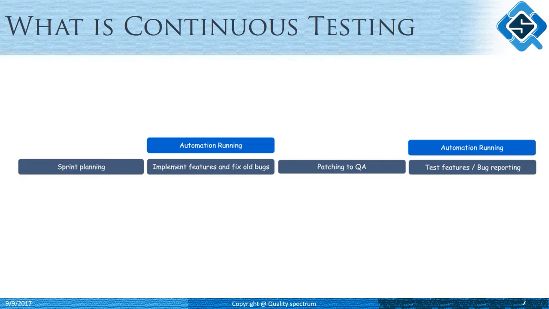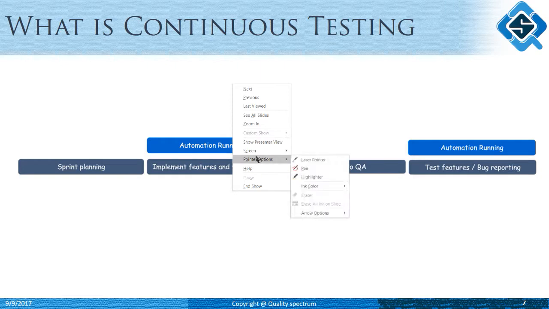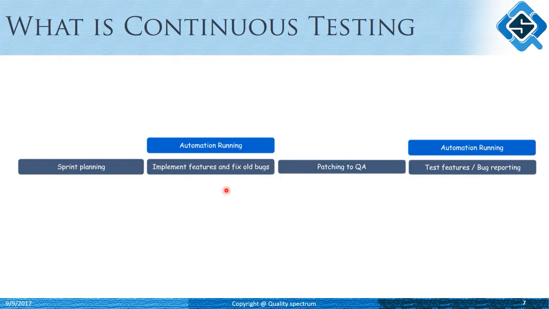So in this example here, right after the sprint planning, when we go into development of our feature set, we run the automation scripts side by side, and that's as soon as a developer implements something and checks in their code, the relevant automation scripts are supposed to fire off and give the developer a quick feedback as to if the general or very basic core areas revolving around that feature set are working fine or not. For instance, if the developer has done some